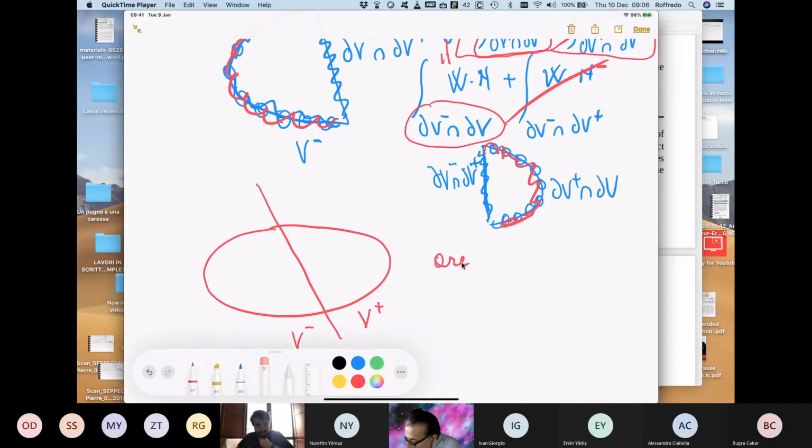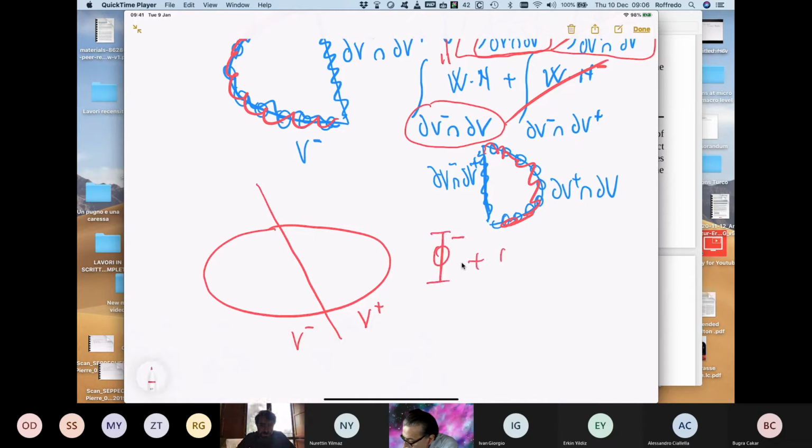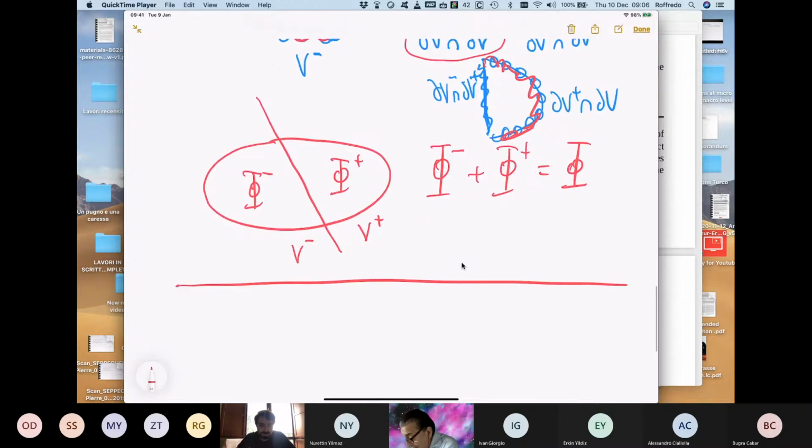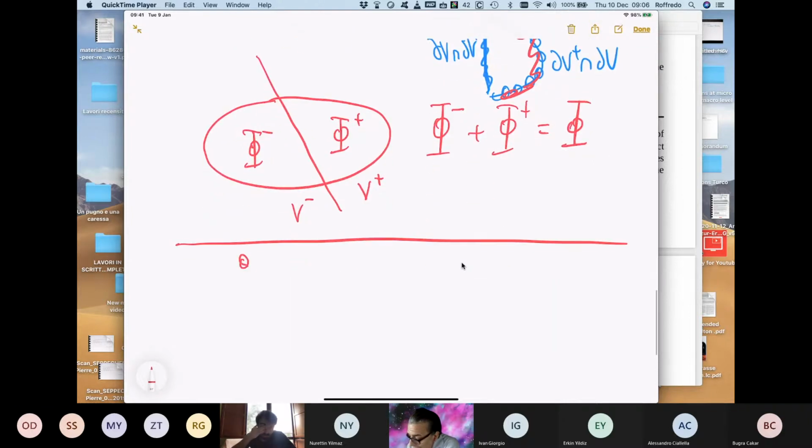So maybe we can call them phi minus plus phi plus equal phi, where phi minus is the flux through the boundary of V minus, and phi plus is the flux through the boundary of V plus. And this is an important indication,